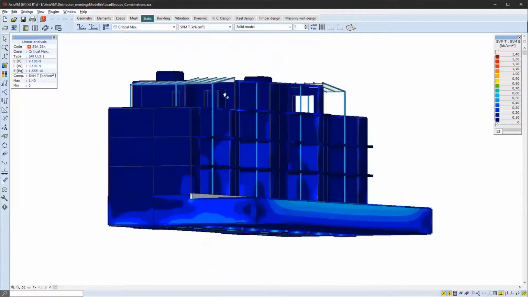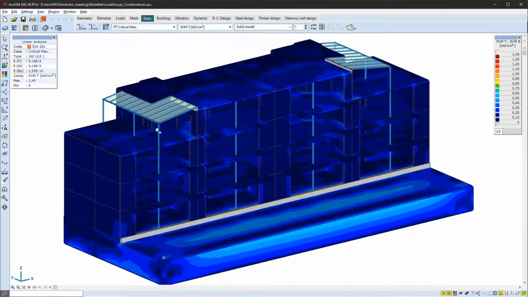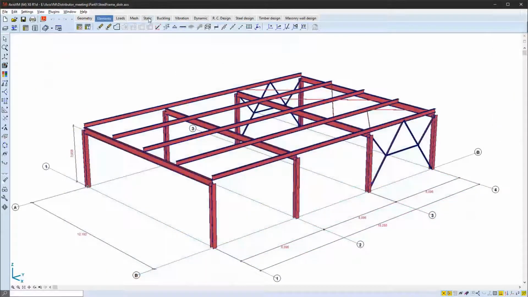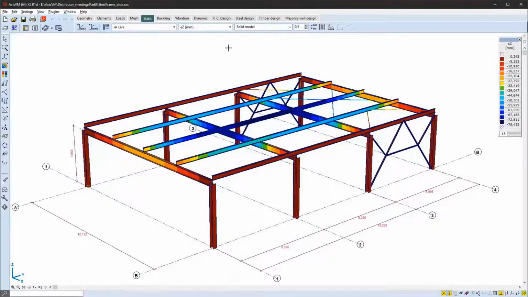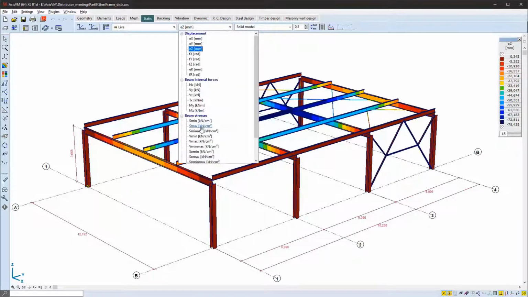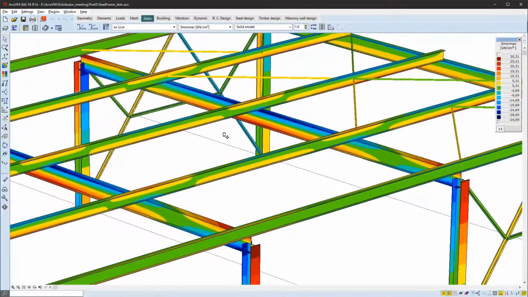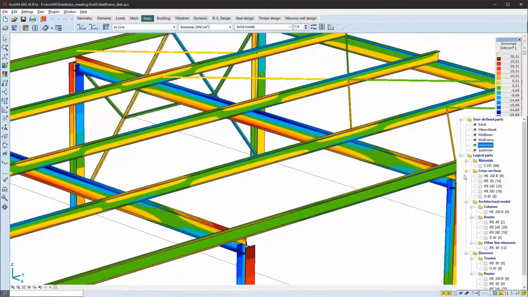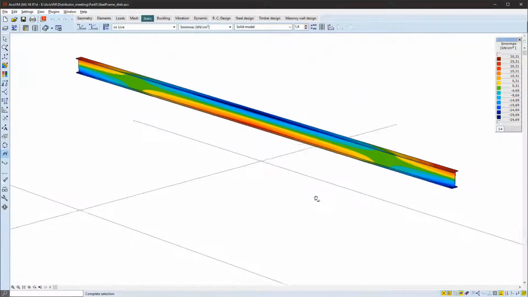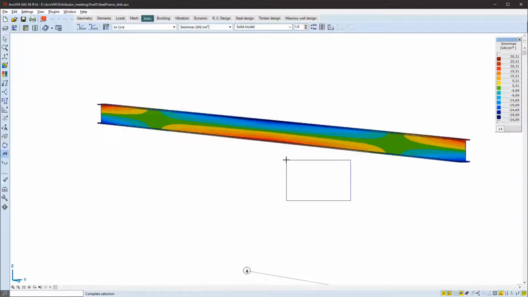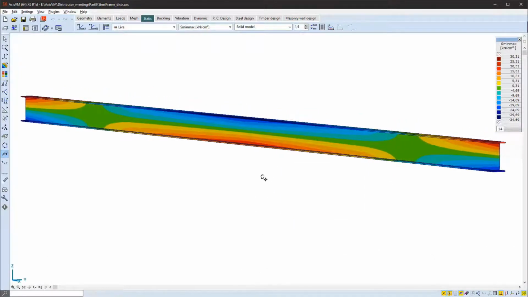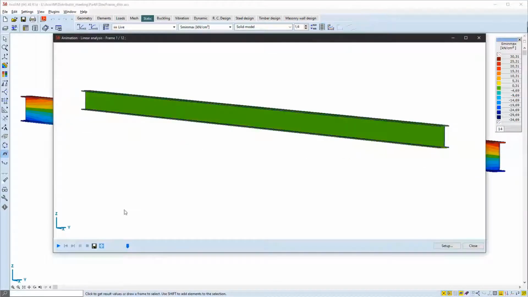And of course, rendered view works for domains, but it works for steel members as well. So for example, we can visualize the changes in the axial stresses of a beam pretty nicely. So these are the minimum and these are the maximum values of the normal stress. And if we choose the min-max value, we can see how the normal stress changes along the member. So as you can see, the top middle sections, top flanges are compressed, while the lower flanges at the middle are tensioned.